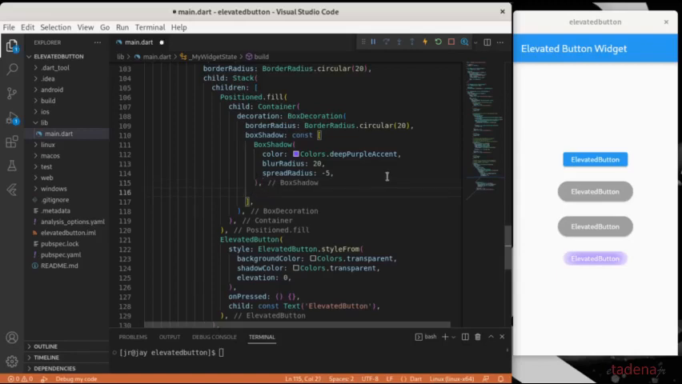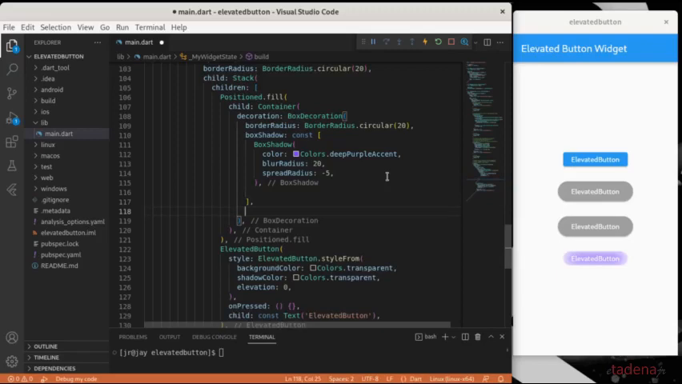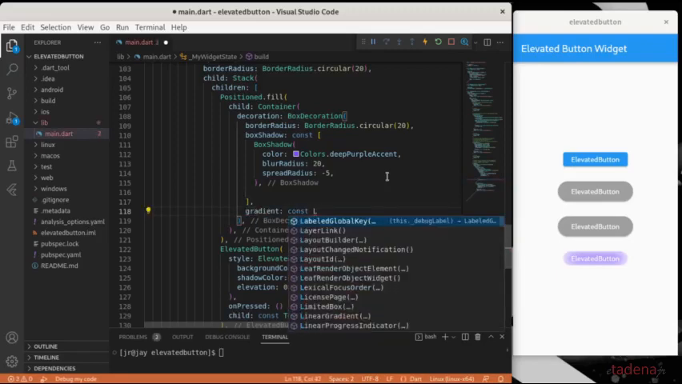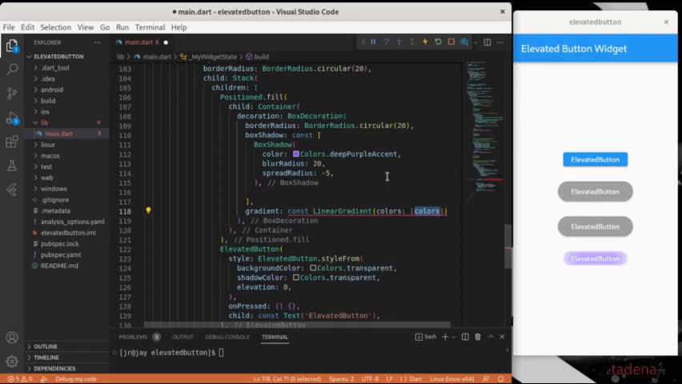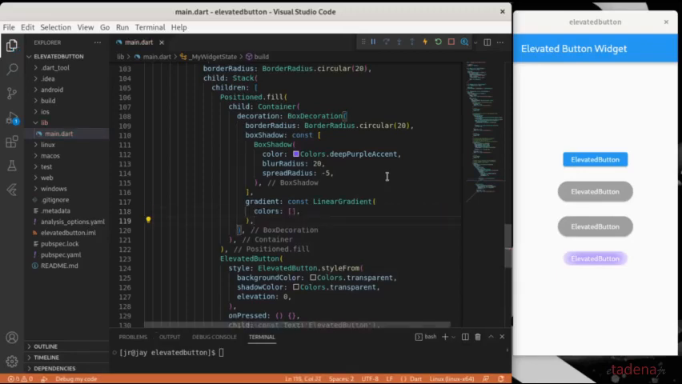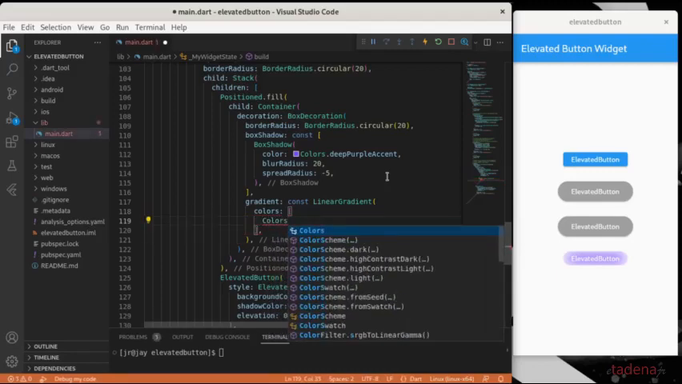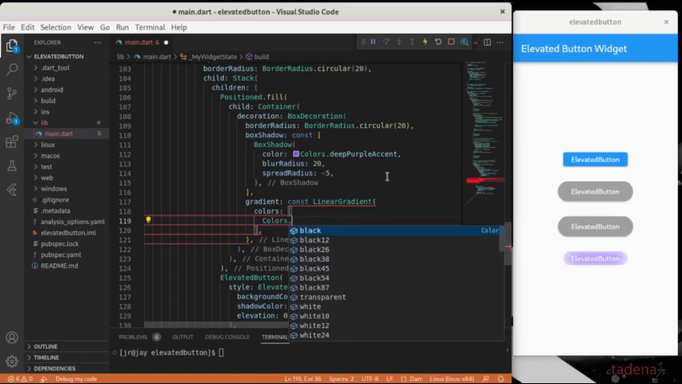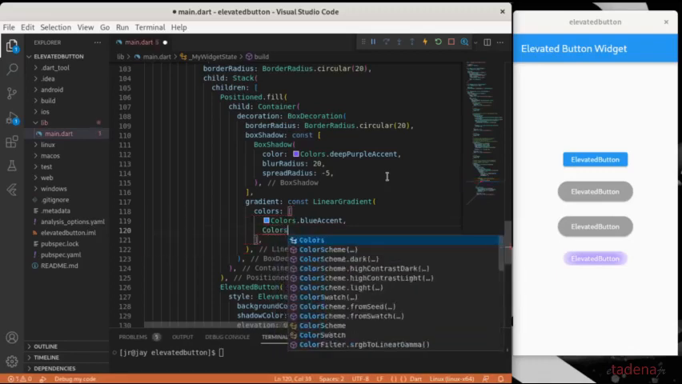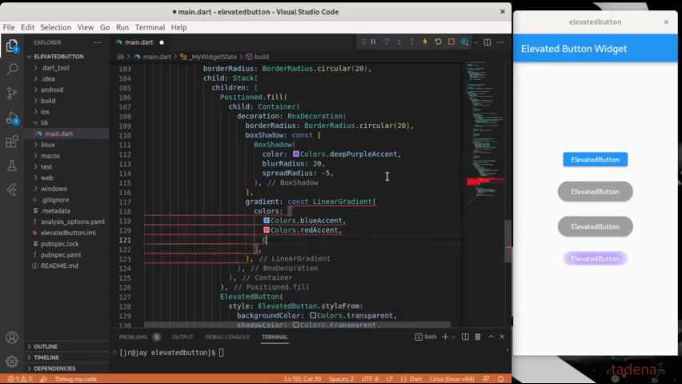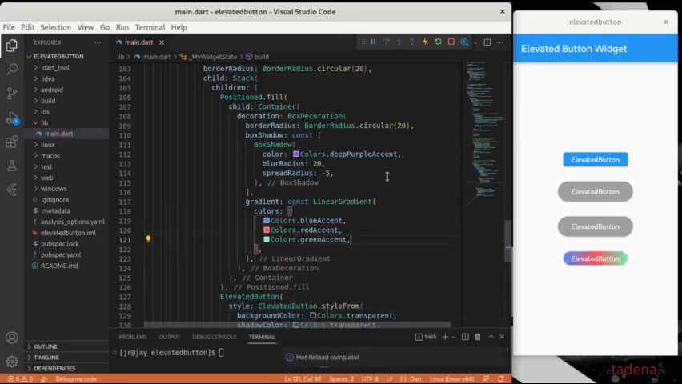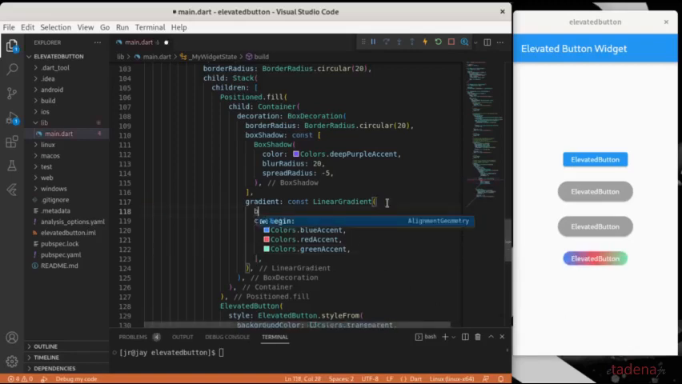So here, what else are we going to do? Yeah, we're going to supply our gradient. So it will be a const LinearGradient, and we're going to supply three different kinds of colors. First, we will have blue accent. Then it would be red accent as well, and then next would be green accent. So save that. As you can see, we changed the color, it is a gradient in a linear way, but